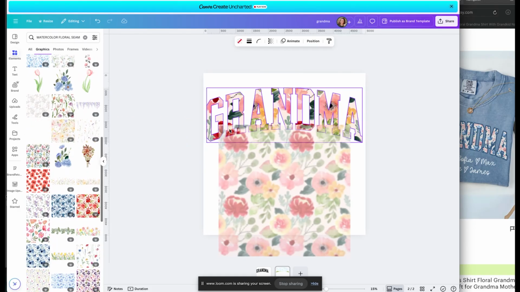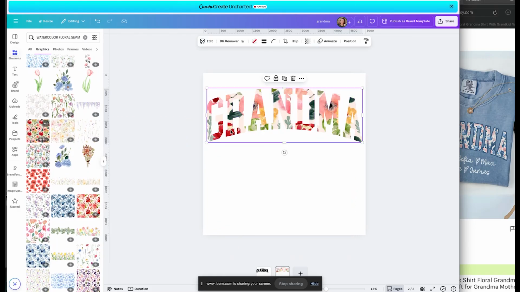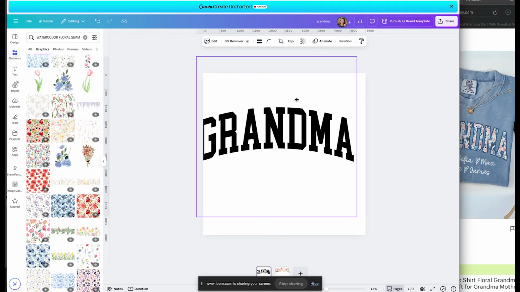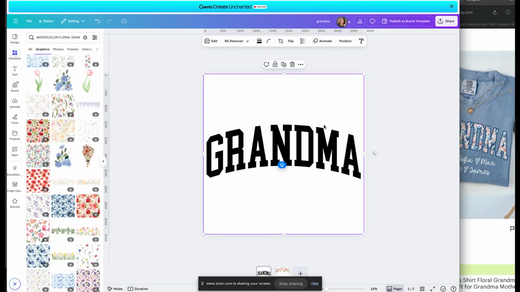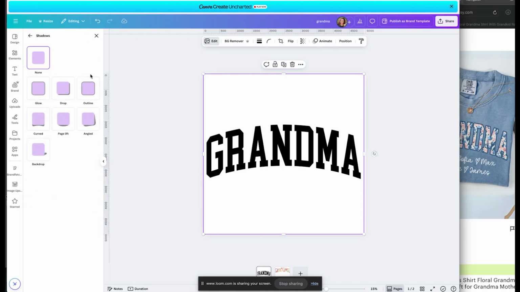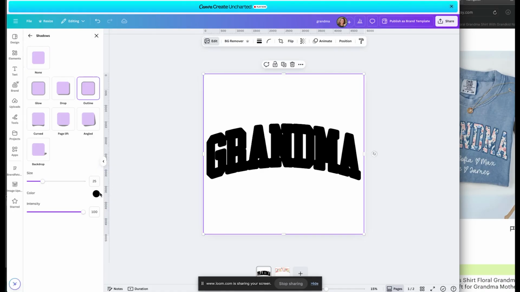Let's try out a few. That's kind of nice. But you see that once it's in there, you kind of lose the letters. So you really need the outline. So what we're going to do is we're going to grab that original PNG that we have, and we need to decide what color we need it in. So if I want to do a blue outline, let's go to Edit, Shadows right here, under Effects, Outline,